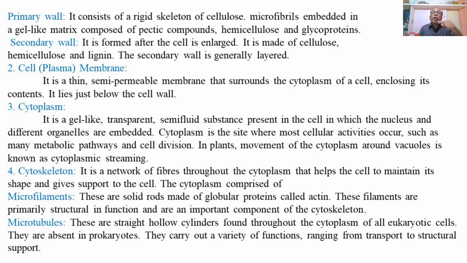As hollow cylindrical filaments, microtubules also serve in transporting material as well as providing structural support.